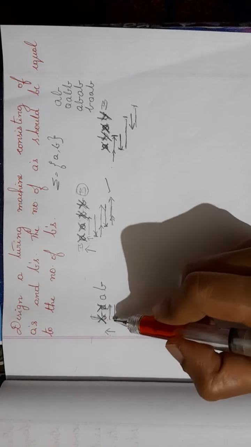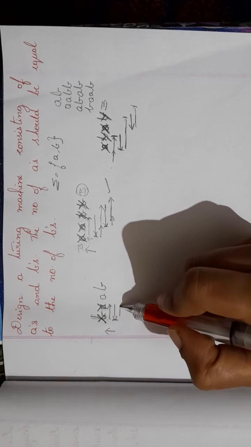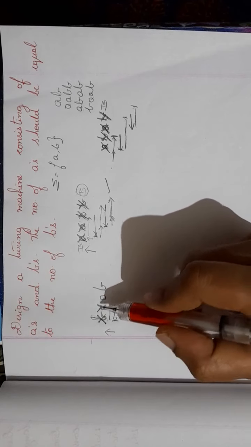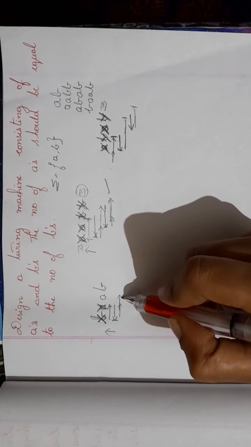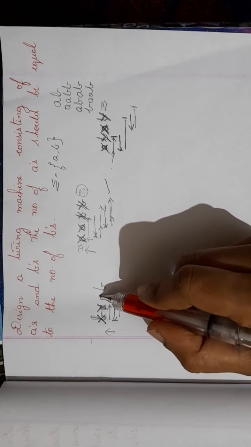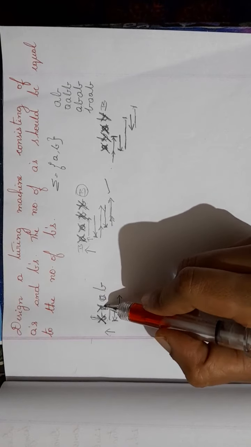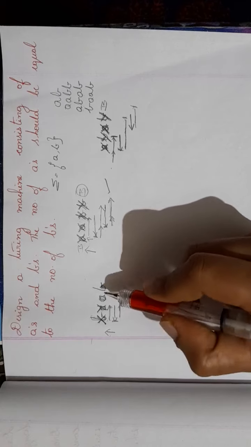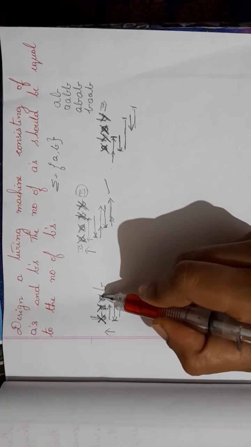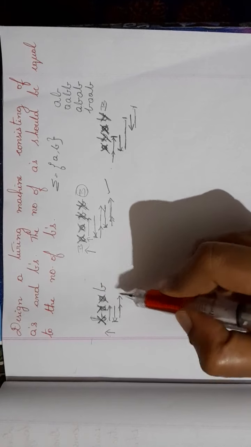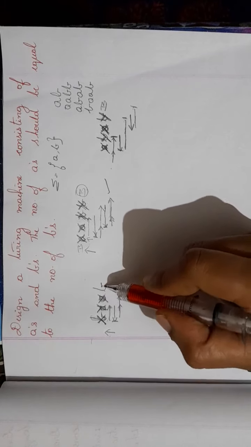I found X, stop, keep X as it is, change the direction. I found Y, keep Y as it is, keep moving. Now you found A. So with respect to B, one A you have changed. Now I found a new character A. Now this A I will change it to X. Keep moving, till you find B.